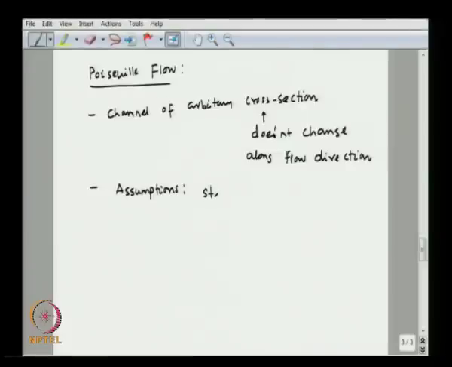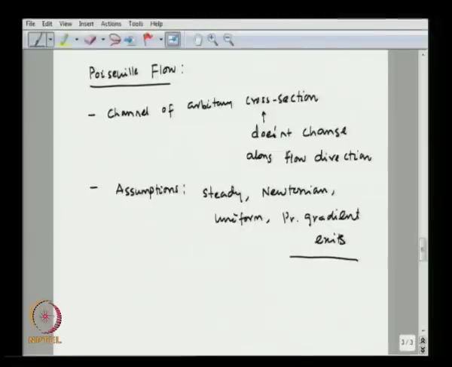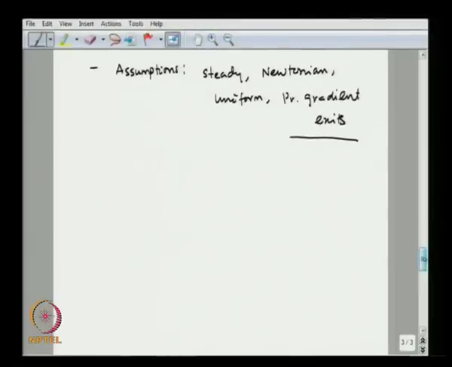So, we can say steady flow, Newtonian, uniform, but here pressure gradient exists. Okay. So, in Poiseuille flow situation, we would have the pressure gradient which is non-zero, and that actually drives the flow. Okay. So, the pressure gradient exists in case of Poiseuille flow. So, here we take an arbitrary channel shape. So, it could be, let us say, of this shape, and we have the channel